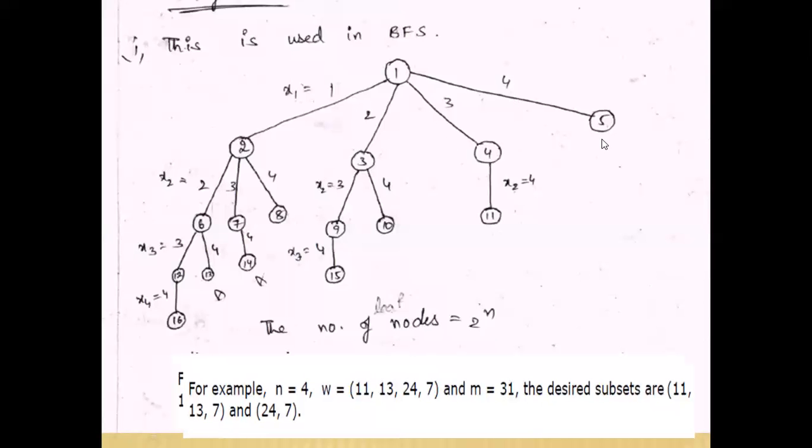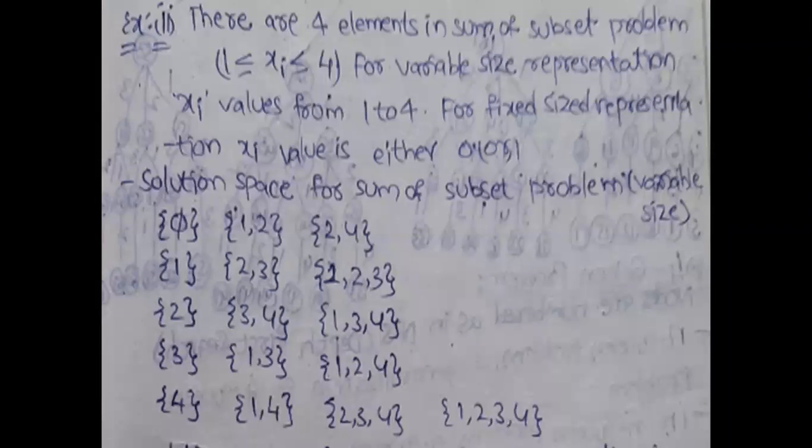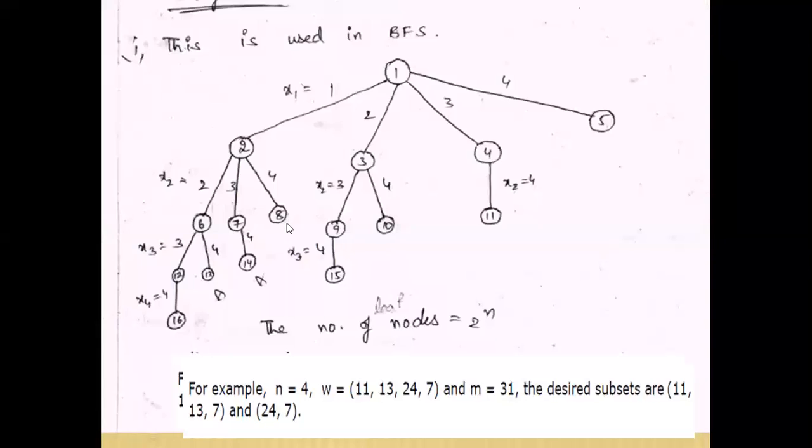Next, the fifth node represents only 7. And the sixteenth node represents the sum of 2 3 4, which means the sum of 13, 24 and 7, that is 20, totally 45. So all the possible solutions are represented by the solution space tree. The solution space tree has totally 16 nodes.